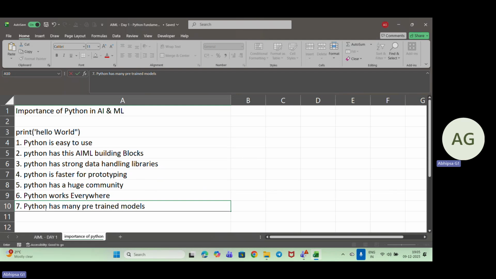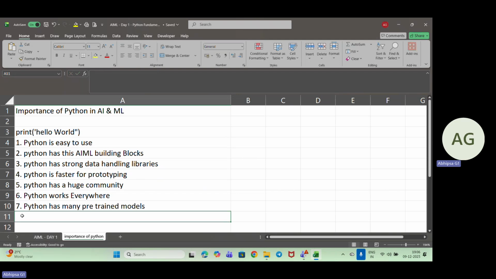Then BERT, GPT-based models, and Hugging Face Transformers. This saves a huge amount of time, and we do not need to train everything from scratch. We can use these pre-built AI models, right?